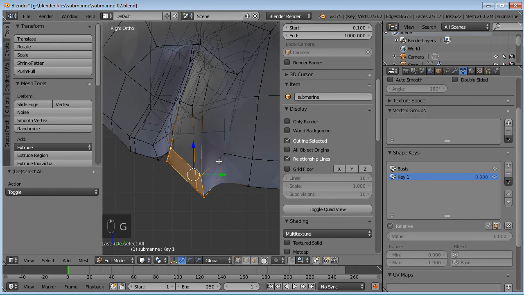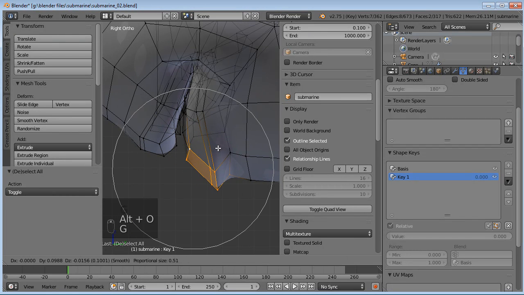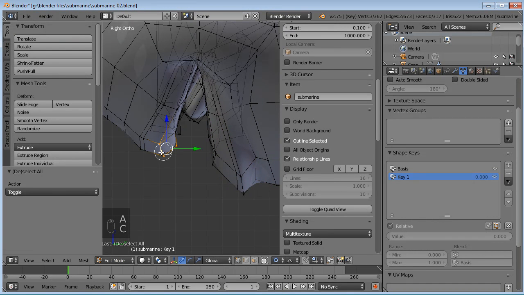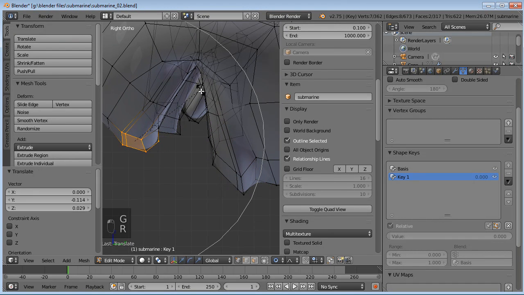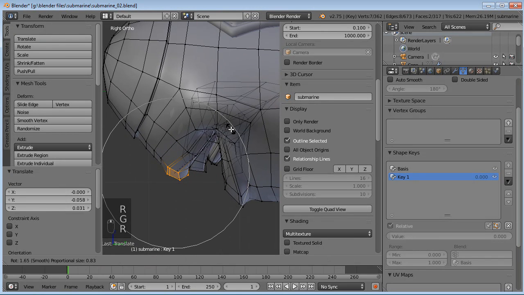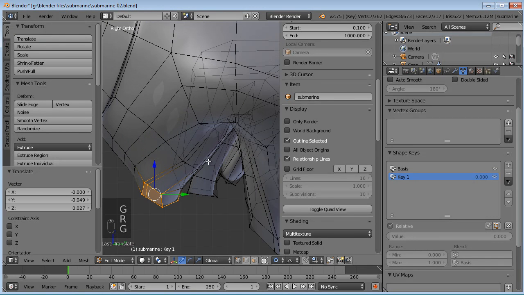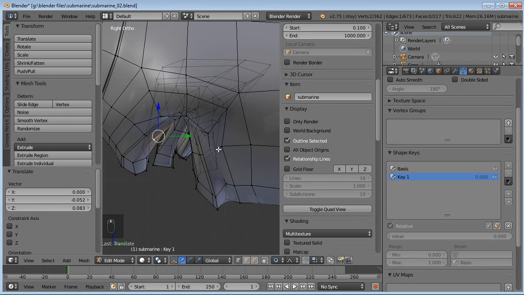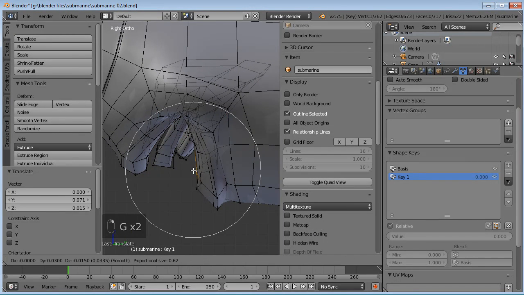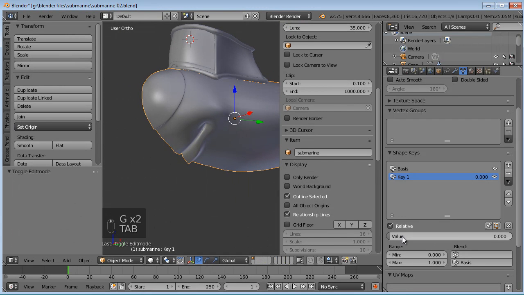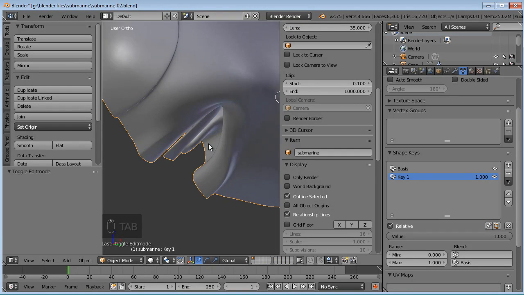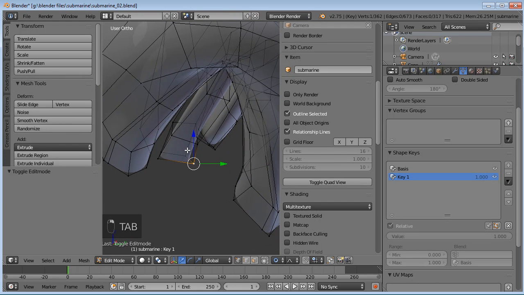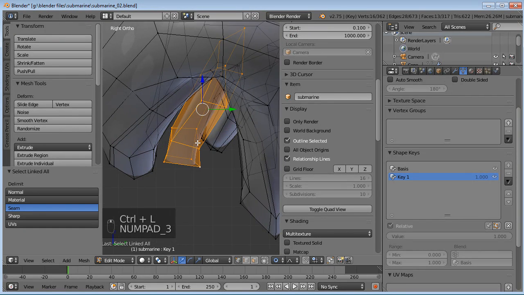So let's turn proportional editing back on, and let's just open his mouth up here so we can see the teeth and how they're going to look with his mouth open. Okay, so now we can say mouth open. Now you can see the teeth a little bit better. And since they're a separate piece, we can go ahead and work on them with the mouth open.